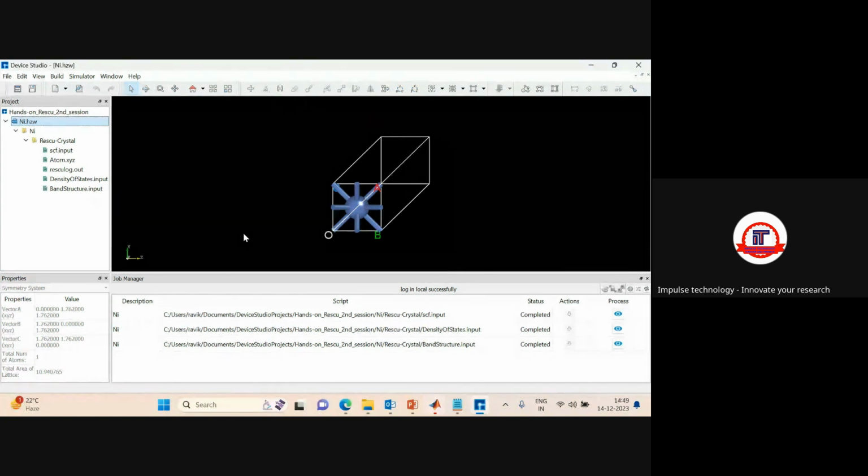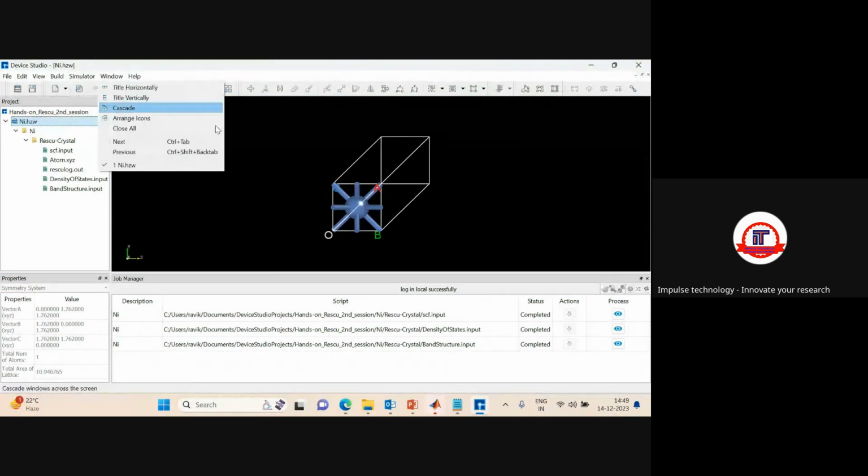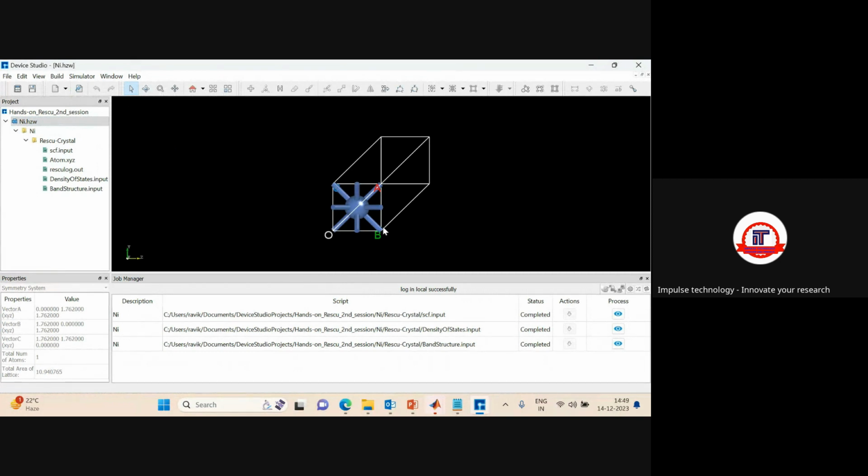So I hope everyone has run their input file and it has been completed. Once your input file is completed, you will get the output file, and that output file you can visualize from this simulator. If you want to visualize the output of this RESCU, like density of state and band structure,